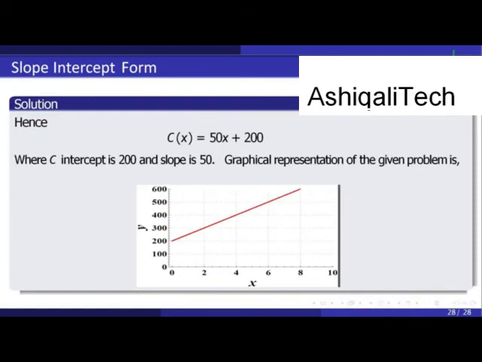Therefore, the cost function will be given by C of x is equal to 50x plus 200, where the C-intercept is 200 and slope is 50. Graphical representation of the given problem is given in the following diagram. On the x-axis, we have taken number of units. On the y-axis, we have taken the cost. So from the graph, you can see